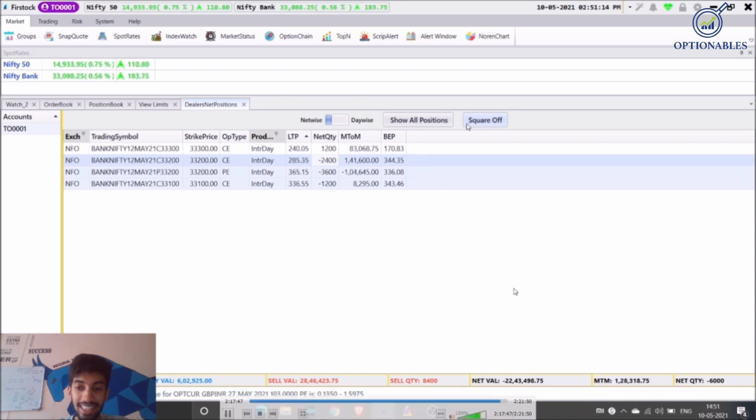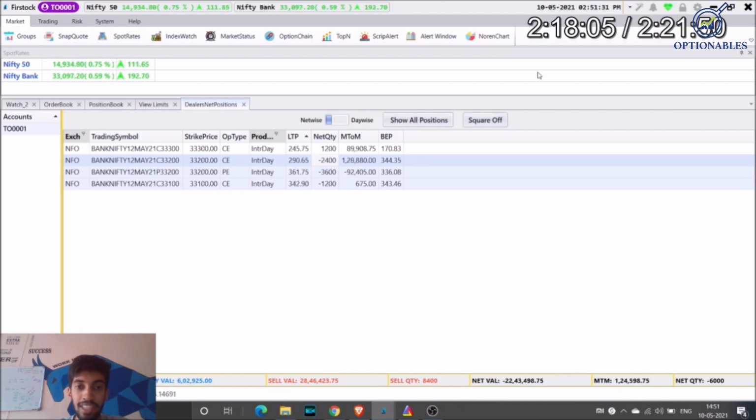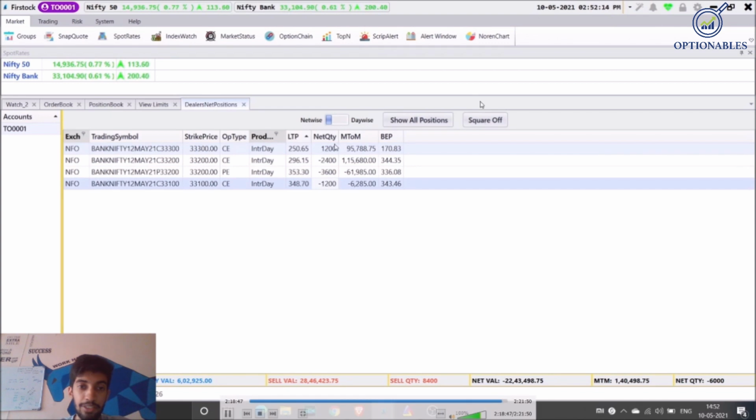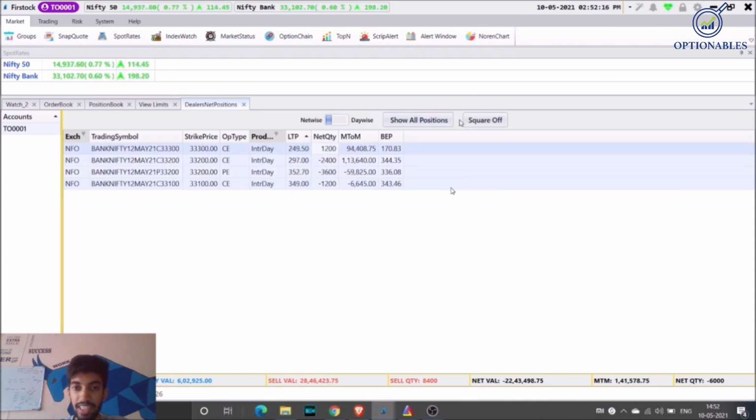So here suddenly I don't realize what's happening, because I don't know how this extra 1,200 quantity came. Where did this 1,200 quantity come from? But later I end up squaring off at around 250 itself. And I square off all the positions. Here you can see